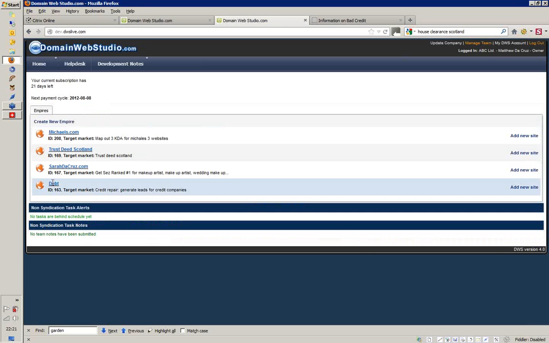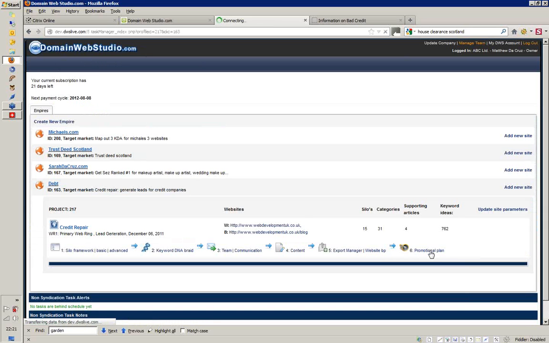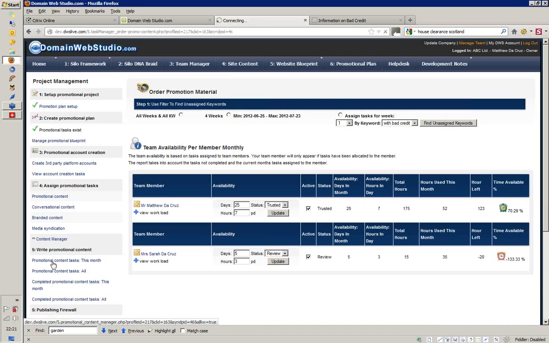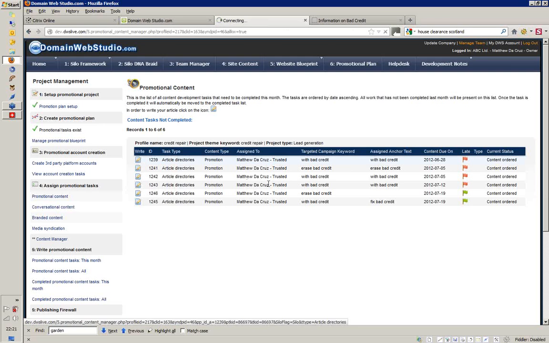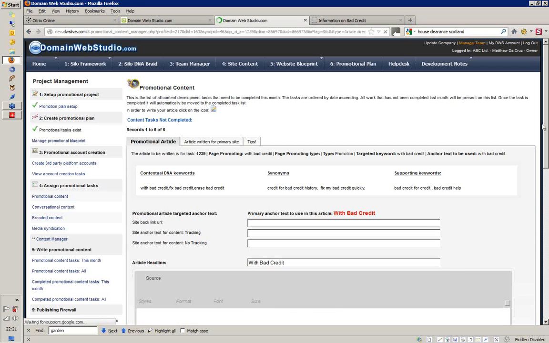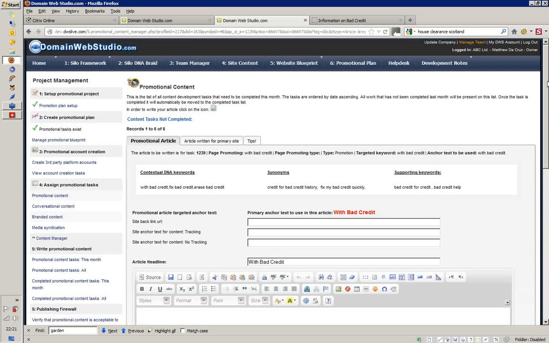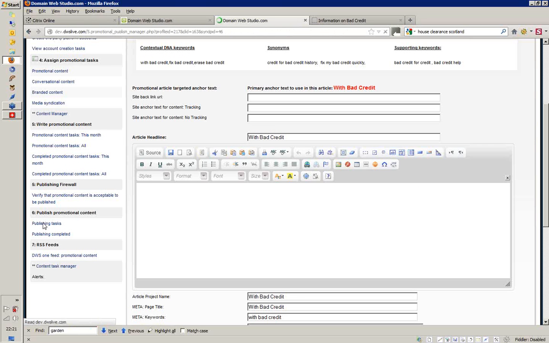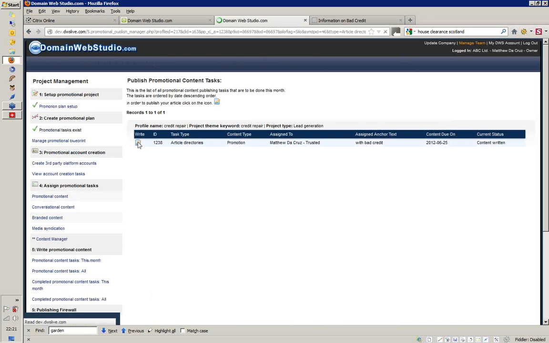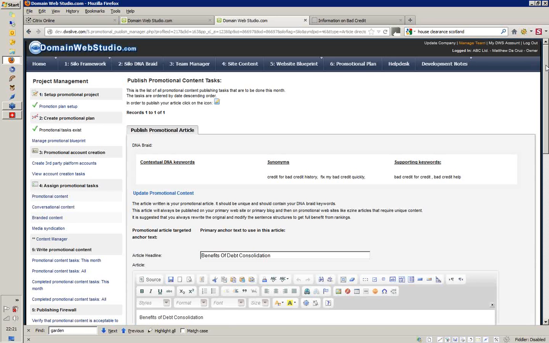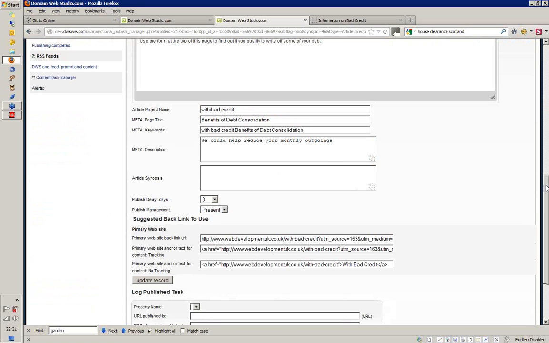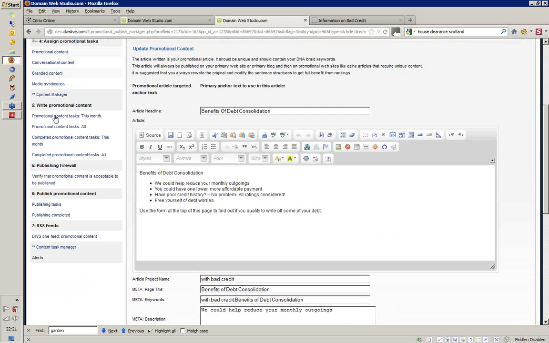of the connections. Okay, so when we get the promotional plan over here and we look at promotional content, sorry, it's one down, promotional task for this month, the user would come in, you'd write it. You can see there I've got flags as well. They'll come in and write the article. When they save, the article will then come into the publishing tasks, and when they come to publish it, everything's prepped and ready for them, and they've got trackable URLs. Okay. Now another thing I wanted to show you here on the writing screen